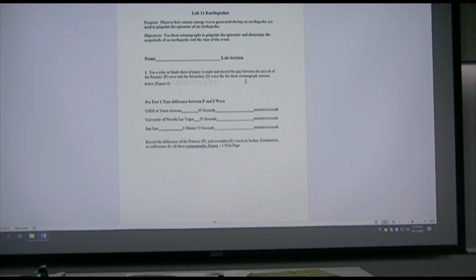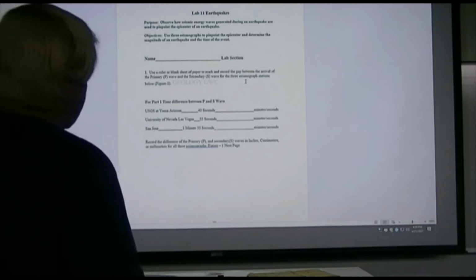The way we do epicenter location is we use 3 seismographs. So you have to have 3 seismographs, and you're going to draw circles with respect to the distance that those seismographs are from the earthquake, and how they determine the distance is by the arrival of the shock waves on the seismograph. So part 1 basically says use a ruler or a blank sheet of paper to mark and record the gap between the arrival of the primary waves and the secondary waves of the seismograph stations below in figure 1. So just to show you how this works,